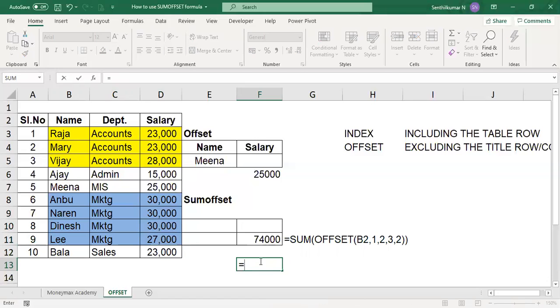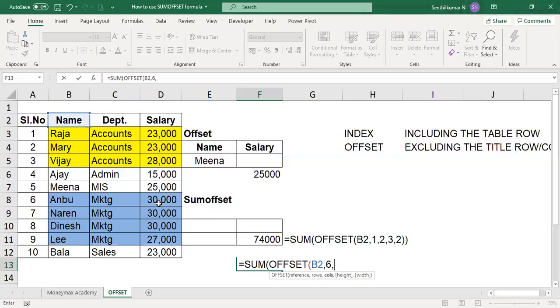The reference is name, so you select reference number 1, and then you have to give the rows. Where do you want to start? From Anbu, which is the sixth row. First, second, third, fourth, fifth, sixth. So you start from the sixth row.